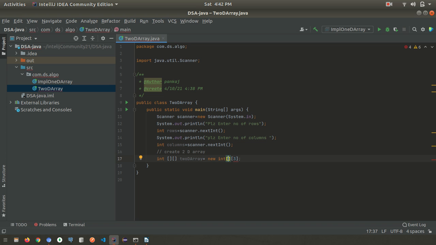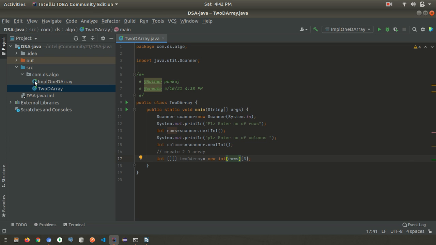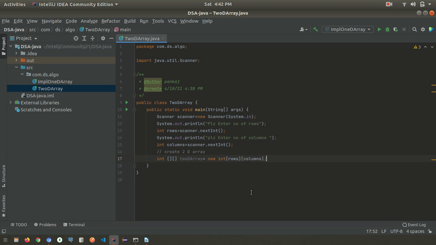So rows we'll pass here, and for how many columns there are, just delete it and write columns here. So this array is created.